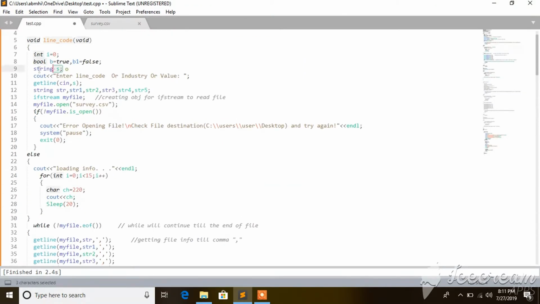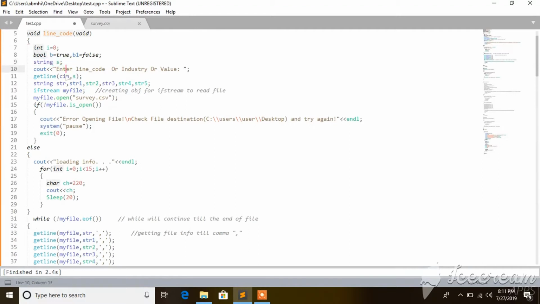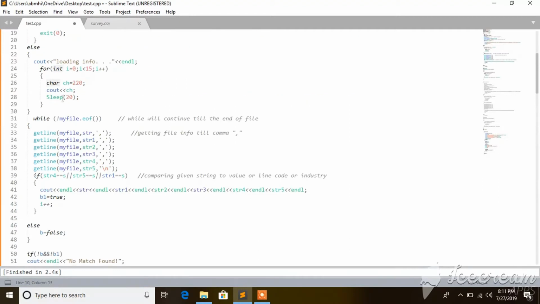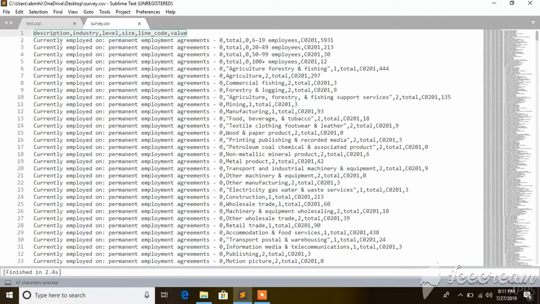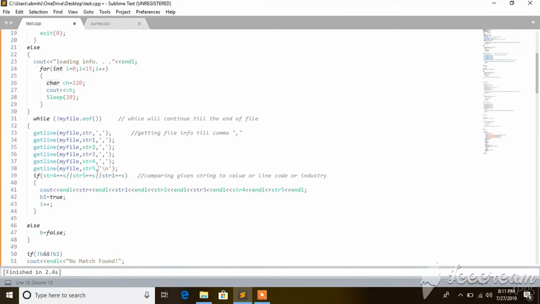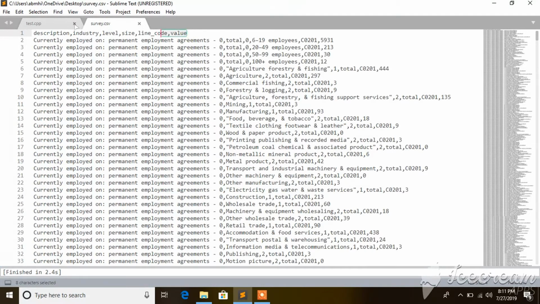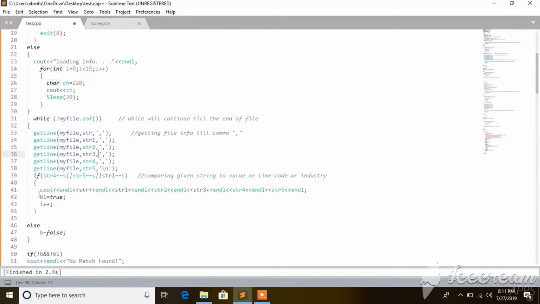এইভাবে 6টা স্ট্রিং নিয়েছি, 6টার জন্য, মানে ডেসক্রিপশন, ইন্ডাস্ট্রি, লেভেল, সাইজ, লাইন কোড এন্ড ভ্যালুর জন্য। এরপর আমরা কম্পেয়ার করছি ইউজার যে স্ট্রিংটা ইনপুট করছে তার সাথে। কম্পেয়ারের জন্য আমরা অপশন রাখছিলাম তিনটা: ইন্ডাস্ট্রি, লাইন কোড এন্ড ভ্যালু। str1 হচ্ছে ইন্ডাস্ট্রি, str4 হচ্ছে লাইন কোড আর str5 হচ্ছে ভ্যালু।